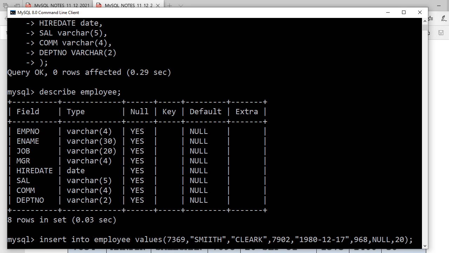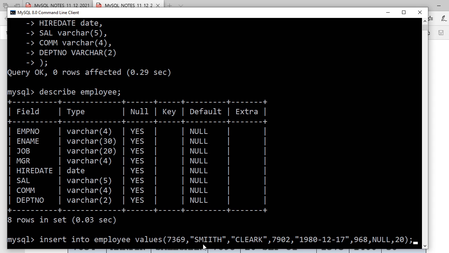Now guys, you tell me, we haven't defined here numbers, we haven't defined here characters, but when we are entering numbers, we are entering 7368 without double quote, and whenever we are entering characters, we are entering in double quote. Why haven't we defined here character or integer?